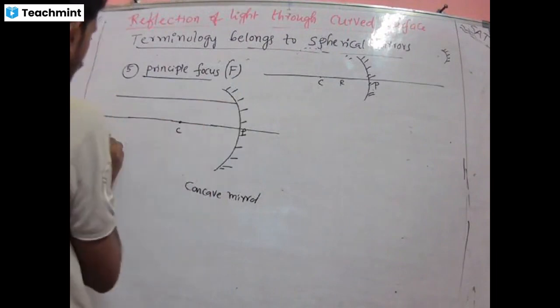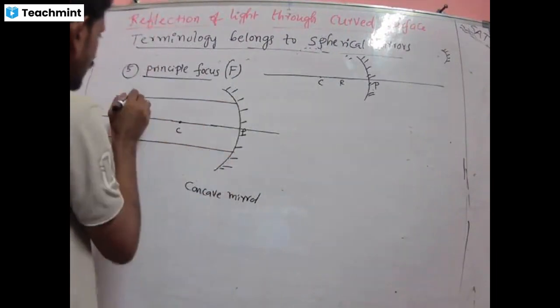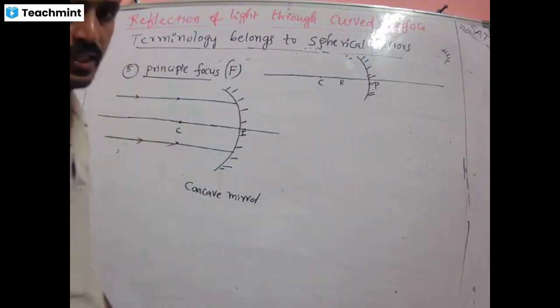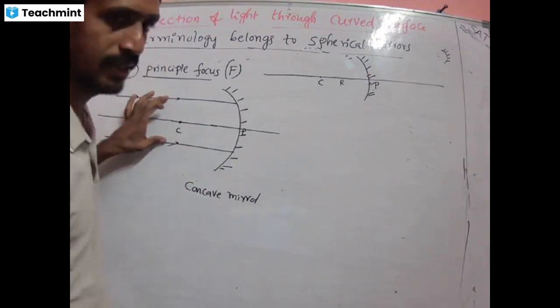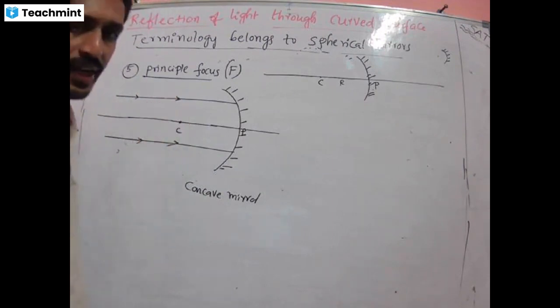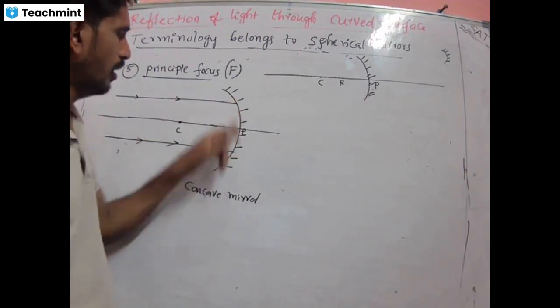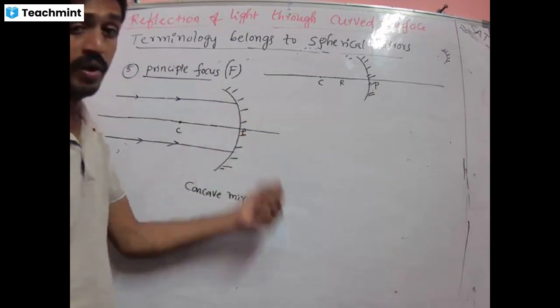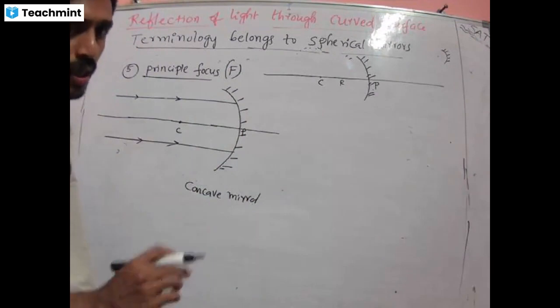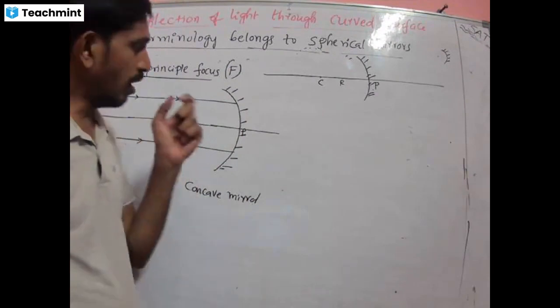This is my first ray, and this is my second incident ray, which are coming from the object. These are the parallel rays. These are my incident rays, which fall on the concave mirror. You know that according to the law of reflection,